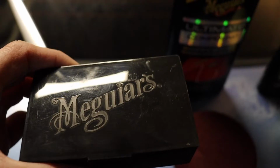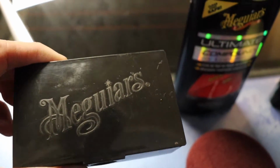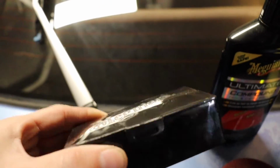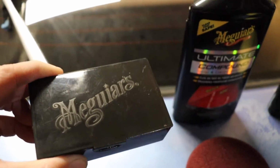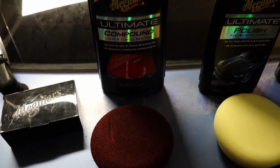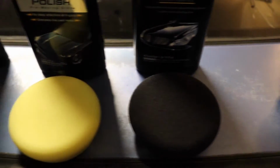So first things first, we're gonna use Meguiar's clay bars to really try to take that paint back down. I have a feeling there's a lot of contaminants, a lot of material on the paint. Plus, this hopefully will remove the etched in watermarks. Stepping up to the compound next, we'll use that, followed by the polish, followed by a good wax, the appropriate